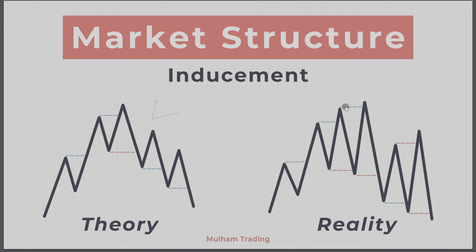If you see here to the right side, we can see that the reality is sometimes we get a breaker structure and price respects the order flow here and respects the range, and then goes up and gives another breaker structure. But in this case, it does not respect the price action leg here, but goes and takes the low. In this case, you think that's a market structure shift. What happened after is another, let's say, market structure shift here. But you'll say, you know what? This is just a liquidity sweep. Forget about this one. Let's look at another breaker structure here.